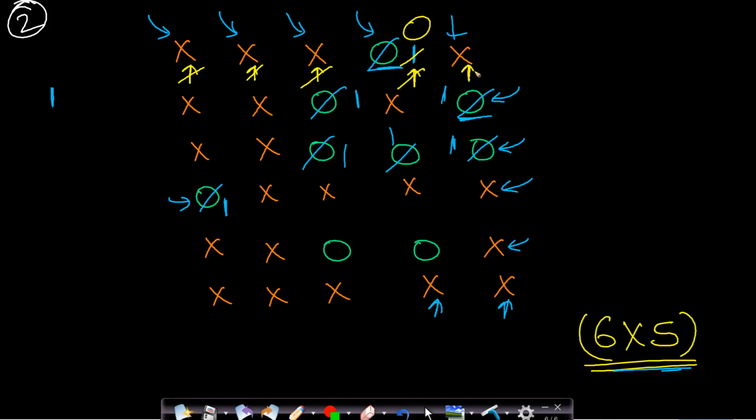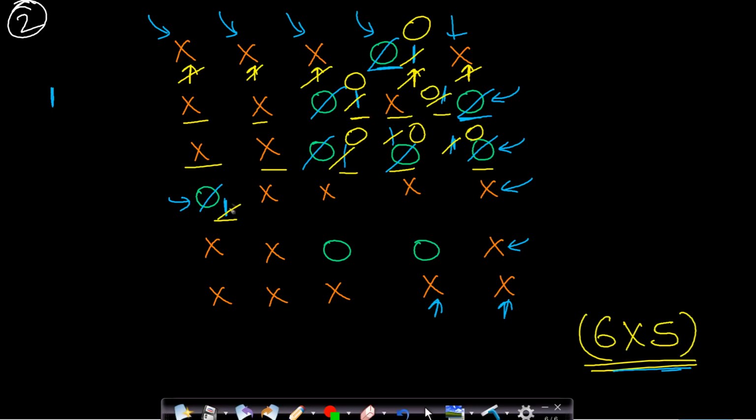Now this is X, we won't do anything. X, X, this is 1. So this 1 indicates that it is connected to a boundary 0. So this will be made 0, since this is invalid for conversion from 0 to X. This is X, this is 1. So this will be made 0. Now X, X, this is 1. So this will be made 0. Now this is 1 made to 0, 1 made to 0.